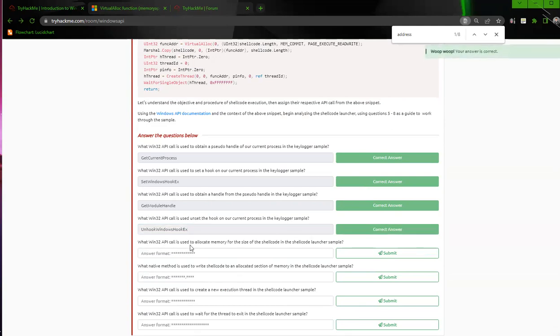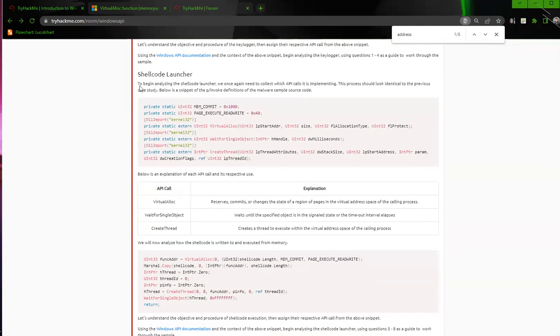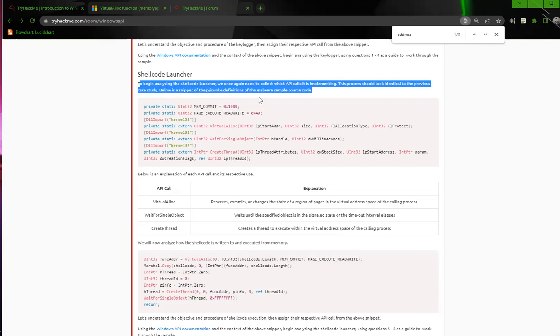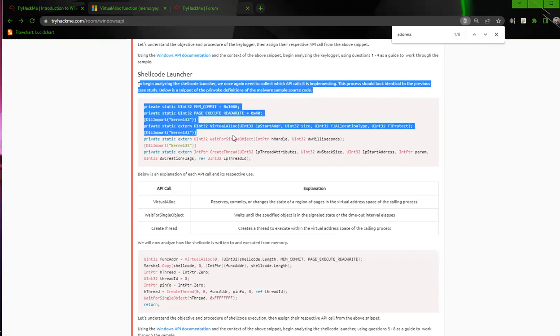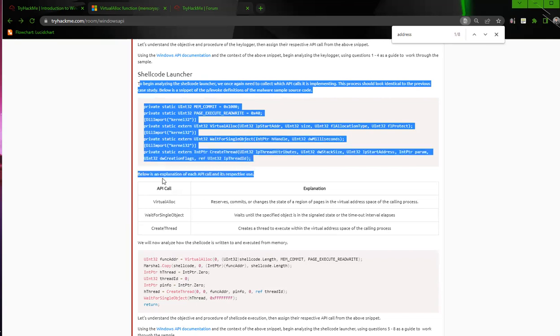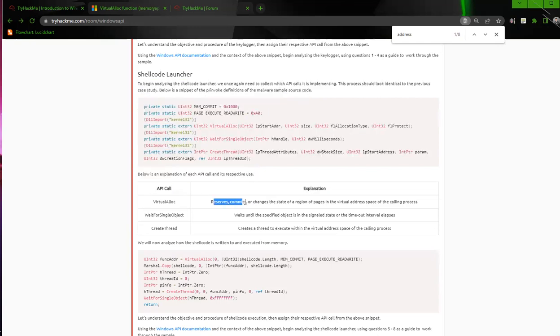What Win32 API is used to allocate memory for the size of the shellcode? Okay, so now we're getting to shellcode. To begin to analyze the shellcode launcher, we once again need to collect which API call it is implementing. The process should look identical to the previous case study. Below is a snippet of the P/Invoke definitions of the malware sample code. All right, VirtualAlloc, WaitForSingleObject, CreateThread. Below is an explanation of each API call and its respective use. VirtualAlloc reserves, commits, or changes the state of a region of pages in the virtual address space of